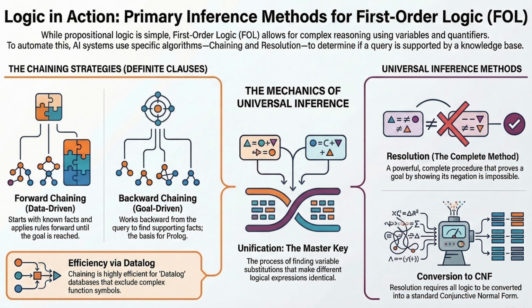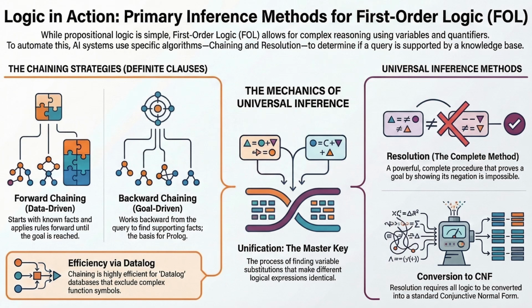Right. It doesn't know that the equal sign is special. You have to explicitly tell it everything. Like what? Like X equals X, reflexivity. If X equals Y, then Y equals X, symmetry. If X equals Y and Y equals Z, then X equals Z, transitivity. If X equals Y, then function of X equals function of Y for every function. If X equals Y, then predicate of X is the same as predicate of Y for every single predicate. Oh my God. You have to define the very concept of sameness entirely from scratch.